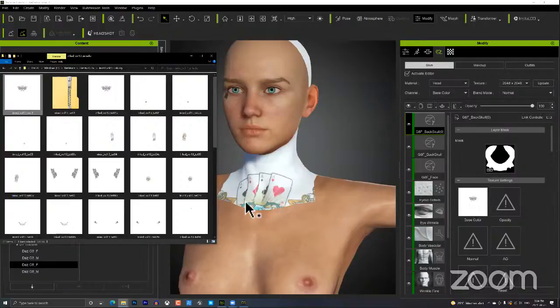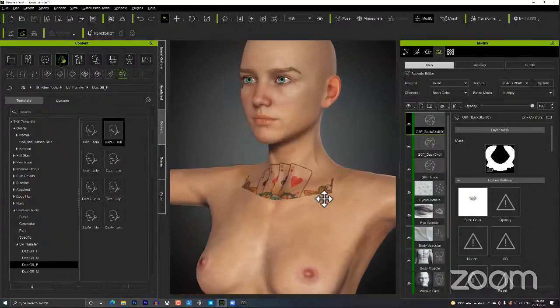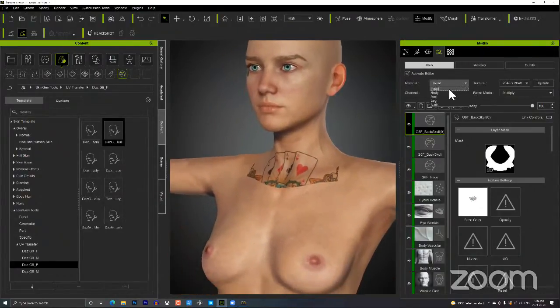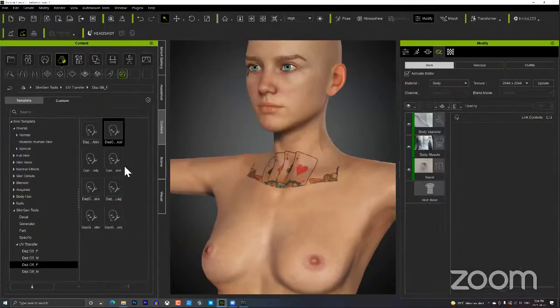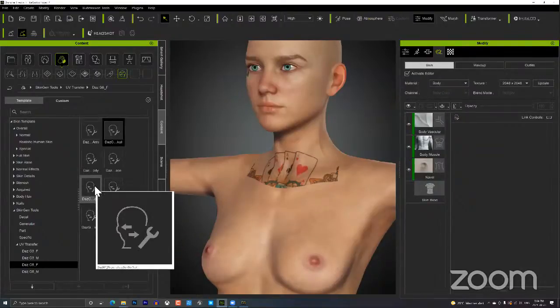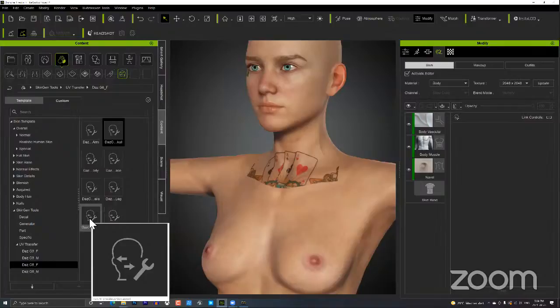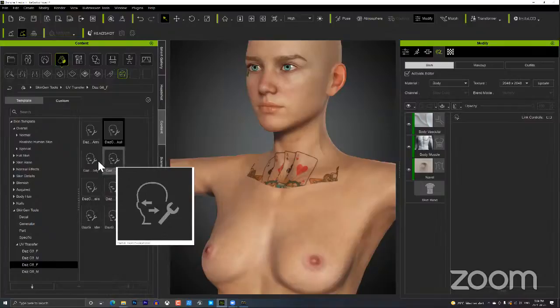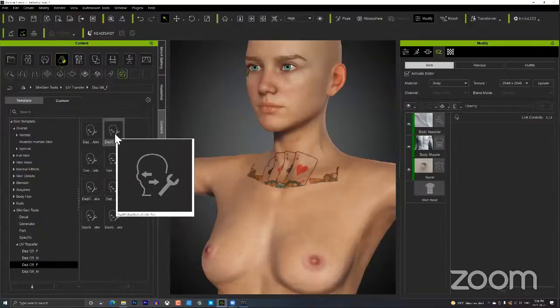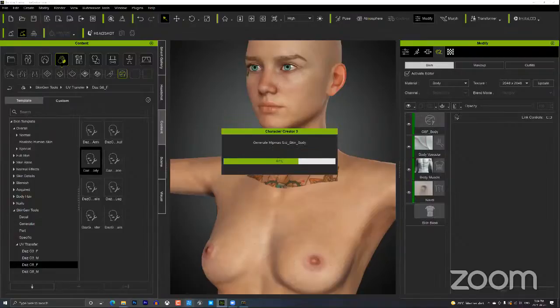Boom. Okay, so now it appears on the upper chest there, and we just need to go again and do multiply, and we're all set for that part of the chest. Okay, so the other parts of the body, we need to go to body here. And for body, there's Daz GF body right here. There's fingernails, there's legs, there's toenails, there's shoulders, and there is body and, oh yeah, shoulders is both. Okay, so we're just gonna throw in the body one here under the body material, and basically just repeat the